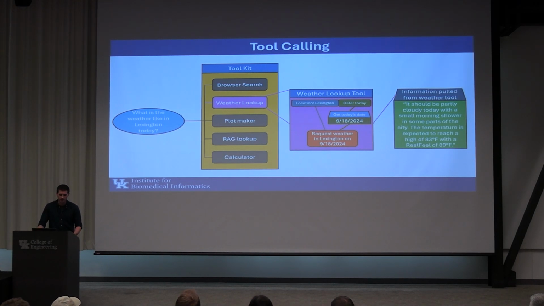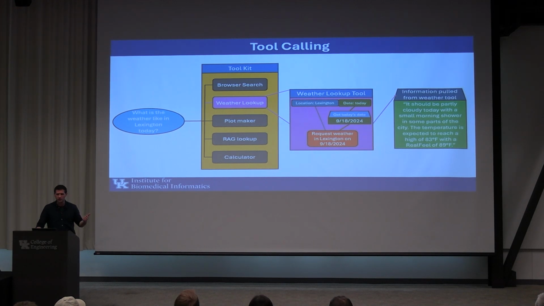So our next method is called tool calling. What this allows you to do is connect an LLM into code. So you can define your own tool, which is just a set of Python code, any type of script, and you can then use the LLM to extract specific fields that will be input into that code and run the code on that input. So going back to the weather question, if I ask it what the weather is like